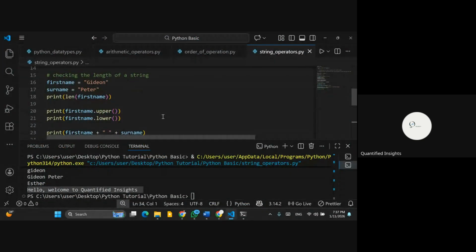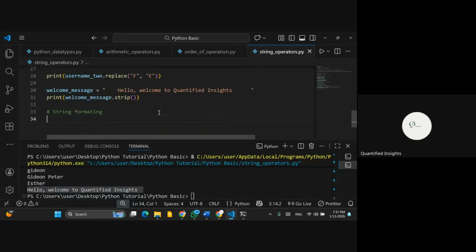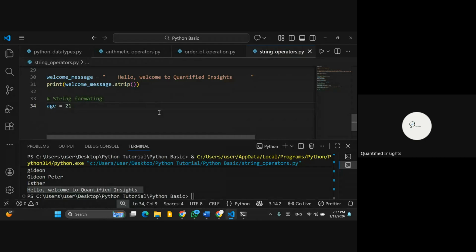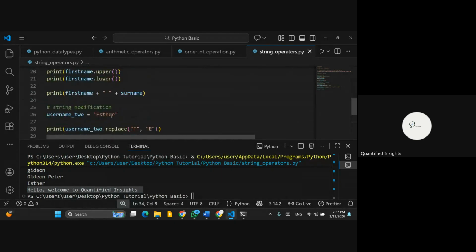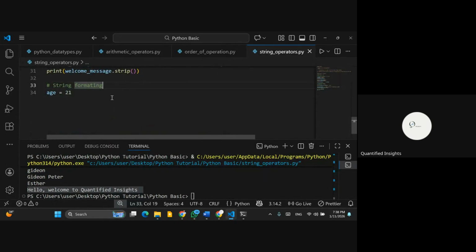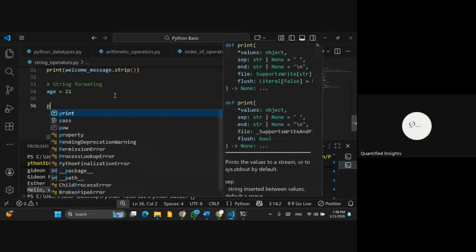Now, remember when I was talking to you about concatenation and repetition, I said you cannot use number and string together. You are going to come up with an error. All right, let me do that so that you see. Age equals 21, and we are going to use the first username, which is Gideon. So I want to print my name is Gideon and I'm 21 years old. Can we do that? So print